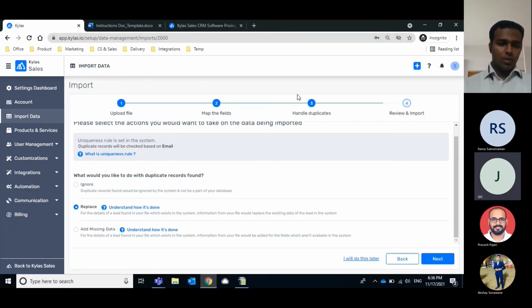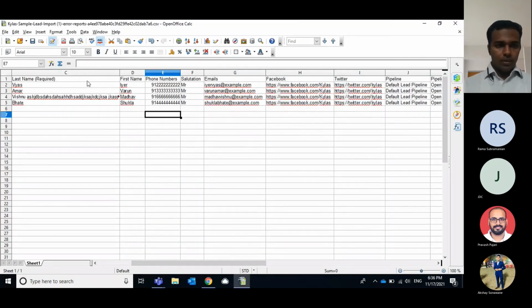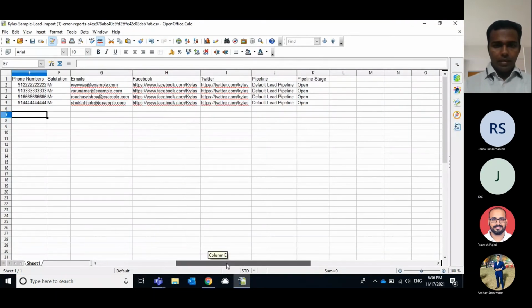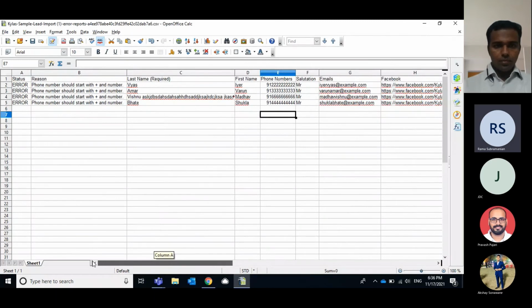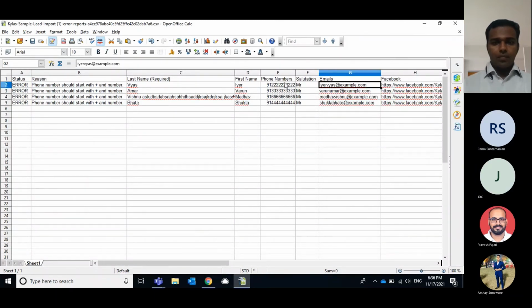For example, I have a lead with email ID irvas@xml.com, and the phone number in the Excel file I am uploading is different from the phone number in the system. So it will be replaced with the phone number in the Excel file.